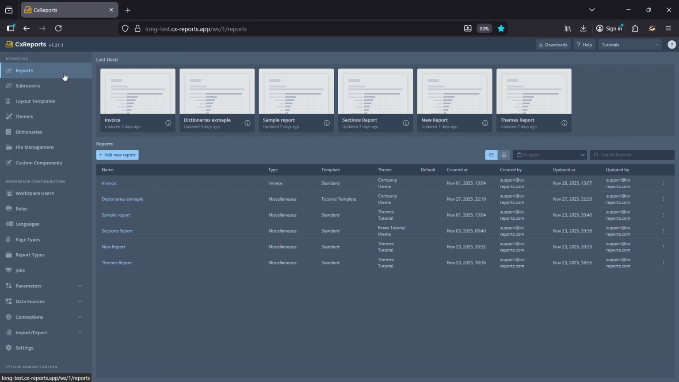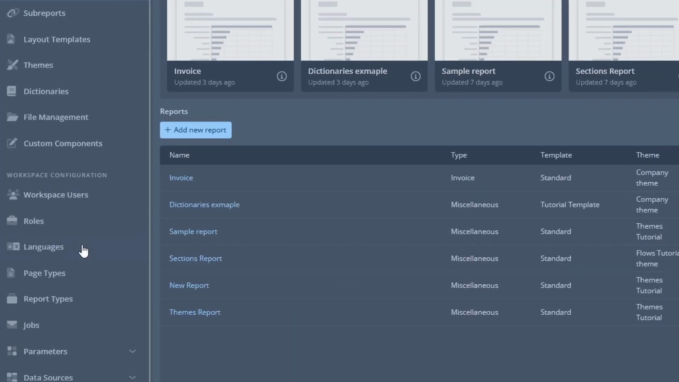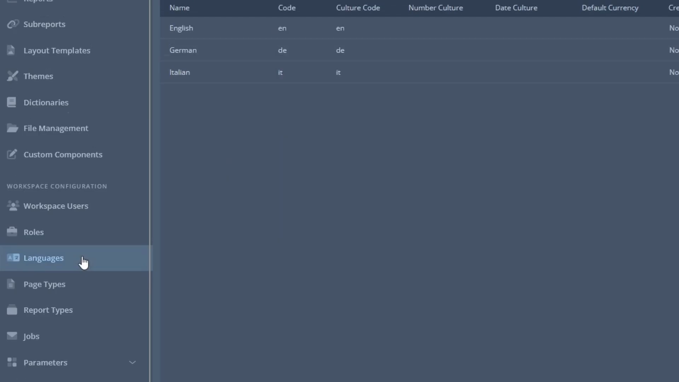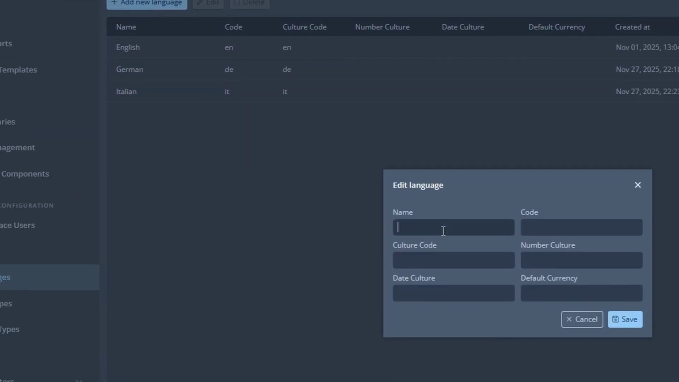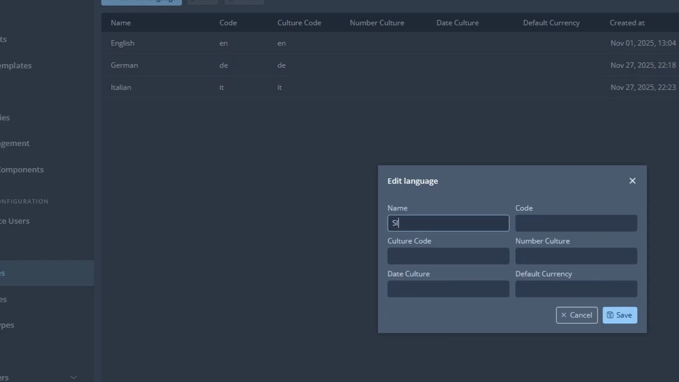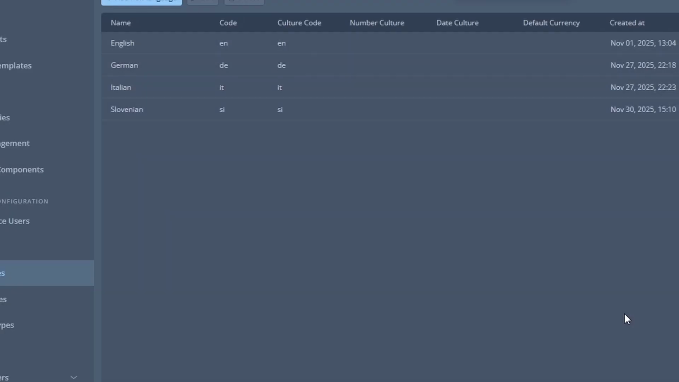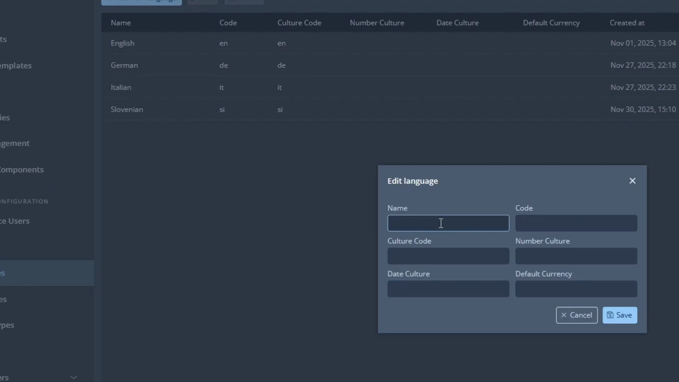The first thing you want to do is go to the Languages tab. This is usually empty and you have to add languages that you'll need. Click the button. Now let's say that I want to add Slovenian. The code is SI, and in this particular case, cultural code is also SI. Alas, if we say that your reports are made for the region of Switzerland, but in particular for German speakers,